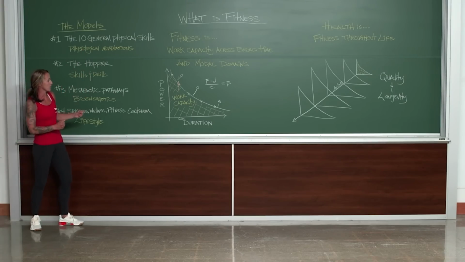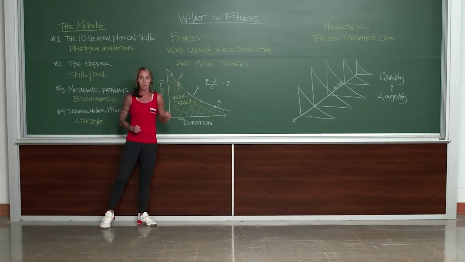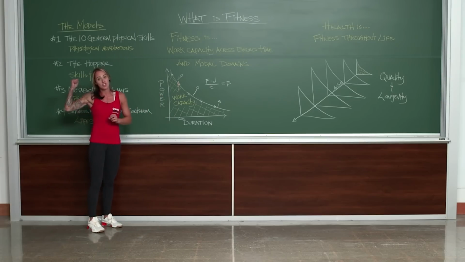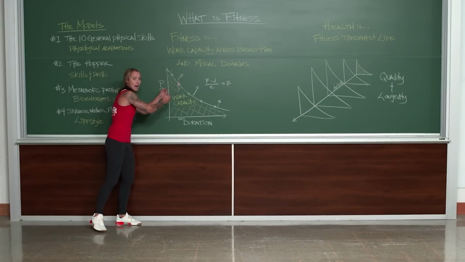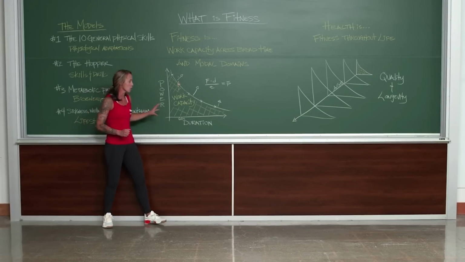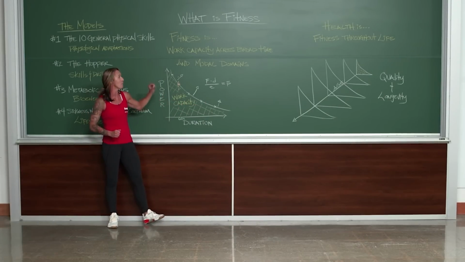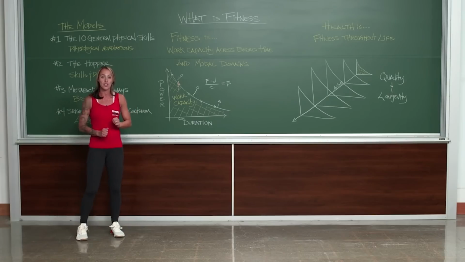Where does that rear its head? Right here on these data points. They are our modal domains. And how does it work? Well, we need to have capacity across the 10 general physical skills. Why? Because we need to be ready for anything that comes out of the hopper, our workouts. So we have your work capacity, area under the curve, across broad time, short, medium, and long, and modal domains. They're our data points of our skills and drills. And that covers those first 3 models that we discussed earlier in our lectures.